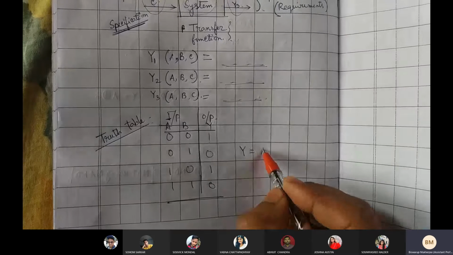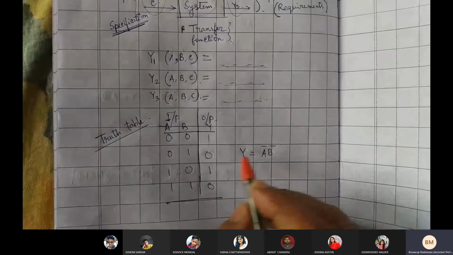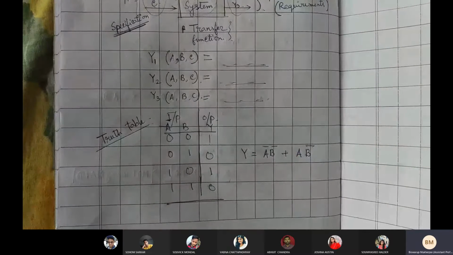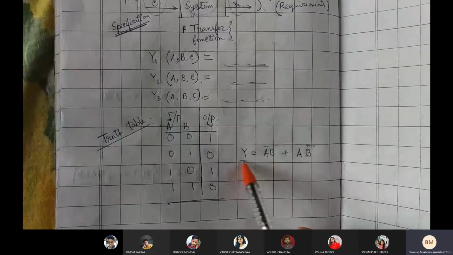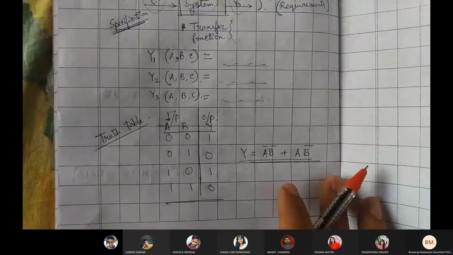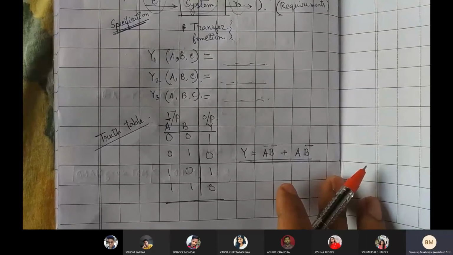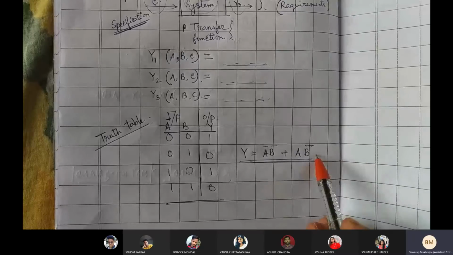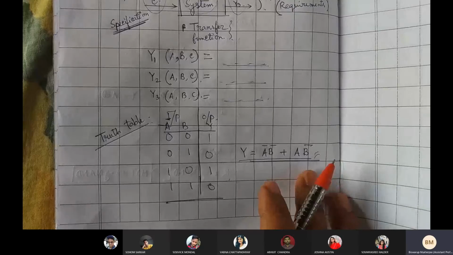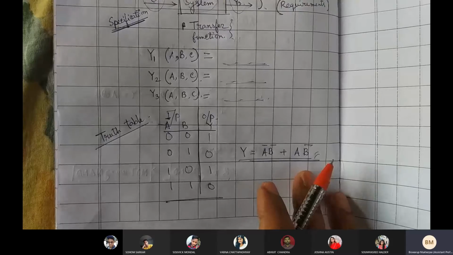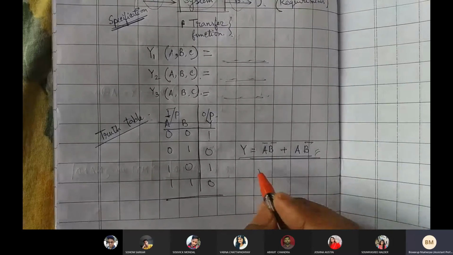So what is that? We can write it down right here. We'll be discussing that further. So we can write this as A B bar like this. Maybe yes, it is like this. Okay. If it is done, I have got my function. The next step is to implement that function with the help of logic gates, because I have got a Boolean function. Boolean functions can be implemented physically with the help of logic gates, right? So what I need to do is make the particular circuit.